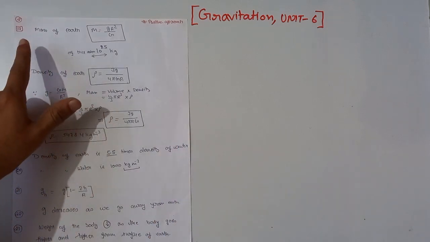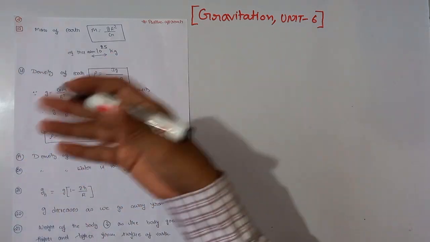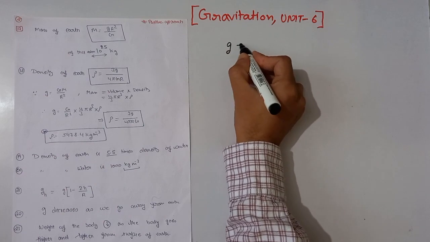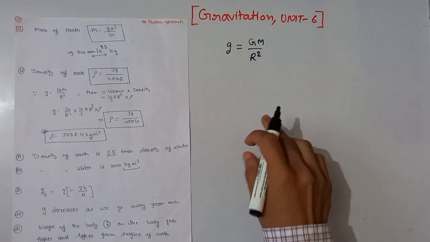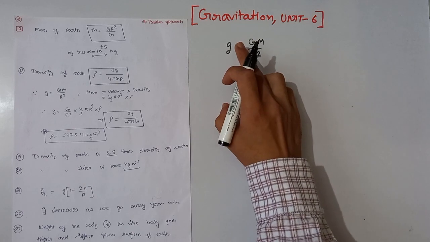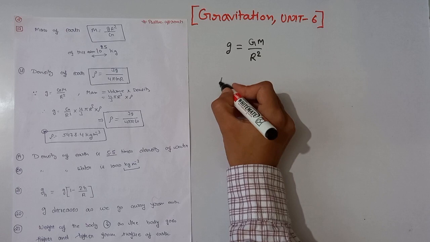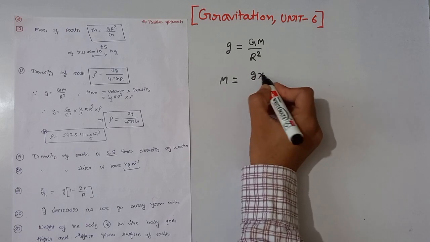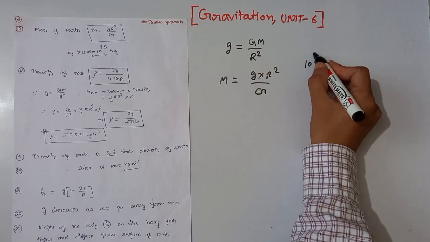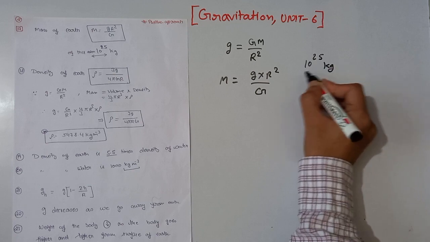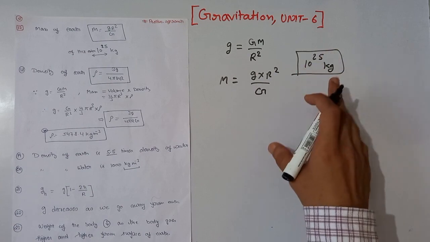Today, our first, that is the 17th key point, is the mass of Earth. Yesterday we already discussed acceleration due to gravity, which is g, and g is equal to GM divided by R square, where M is the mass of the Earth, G is the gravitational constant, and R is the radius of the Earth. So today we have to calculate the mass of the Earth. The mass of the Earth is given by g into R square divided by G. By substituting this value, the mass of the Earth is of the order of 10 raised to power 24 kg.